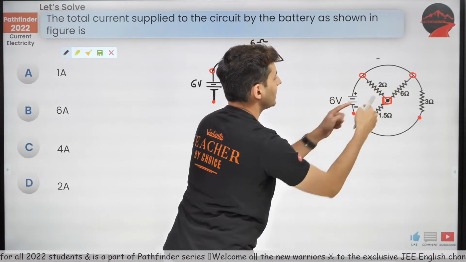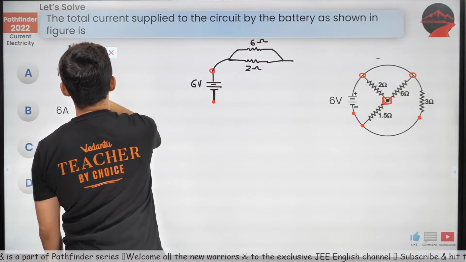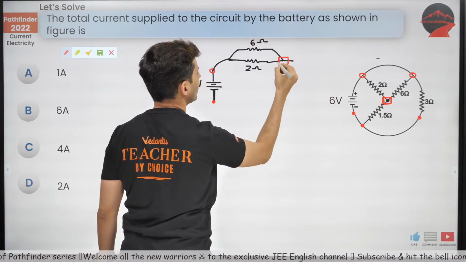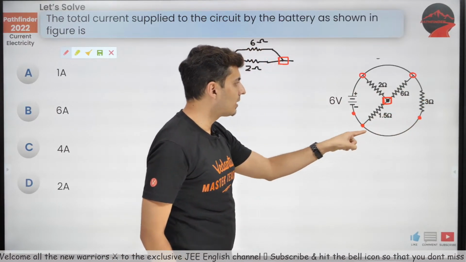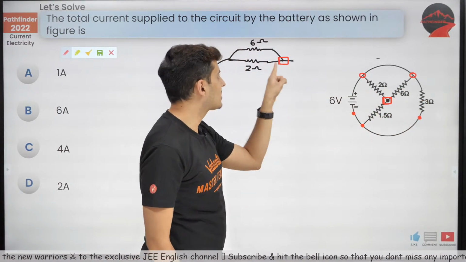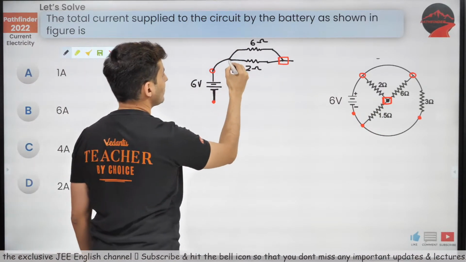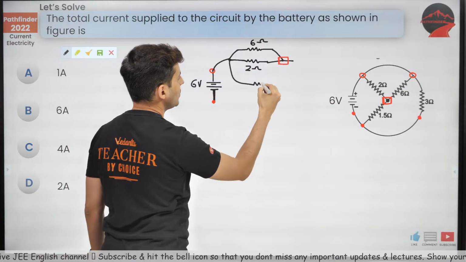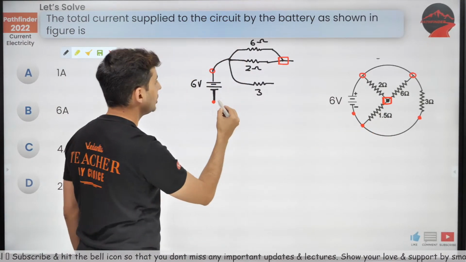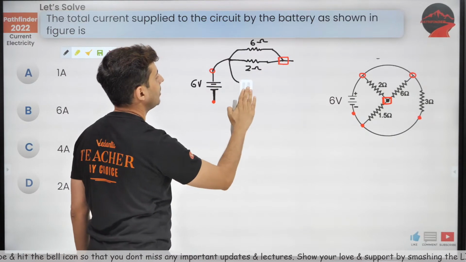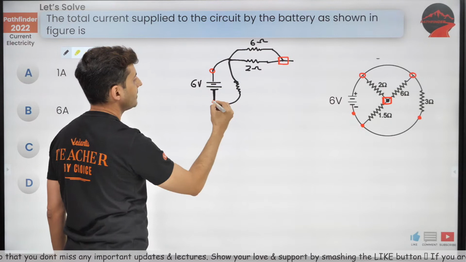Where do they both meet? They both meet at that box. All right, so that is that box which I am showing over here. Hold on, there is one more resistor which is coming out, but it is not ending at the box. You can see that the 3 ohm resistor is also there. Oh, so there is one more resistor which is 3 ohm, but where is it ending? Oh, it is ending at the dot. Achha. So I can just draw one resistor like this and it ends at the dot.